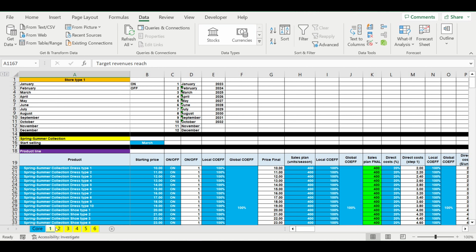We are assuming that we have 6 types of stores. The types are, for example, small store, medium store, big store. Some types of stores can generate losses. For example, this can be the portrait, type number 6. This store will operate for some period of time and then we will close it. So we can create a portrait for this store and put this type of store inside the